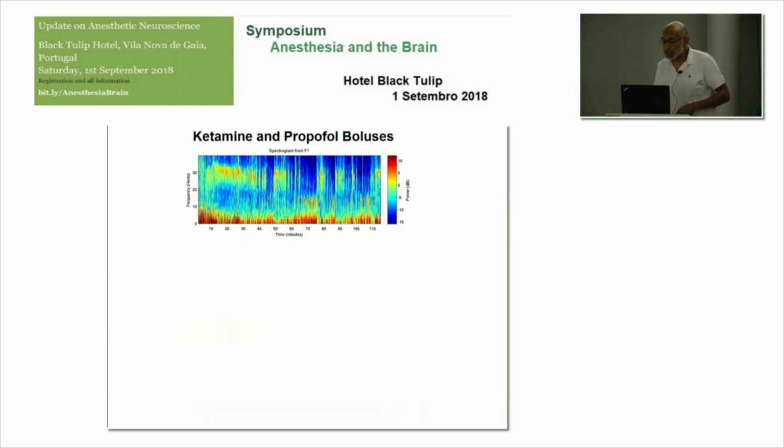And then I just wanted to show you a couple of combinations. So if you're using pure drugs, maybe that makes sense. But what happens if you use combinations? Well, the combinations make sense also. So here's ketamine. This is a gentleman I was taking care of who was having a vacuum dressing change. So I had him on a ketamine infusion. And then I decided to give him